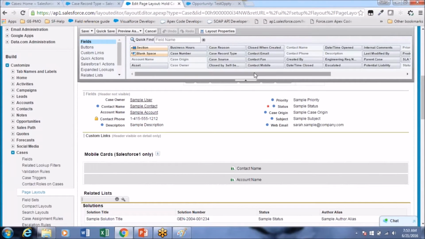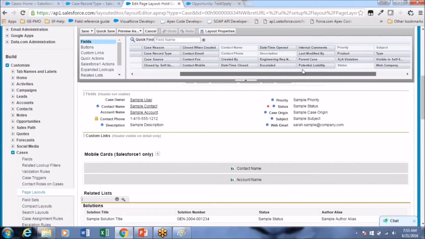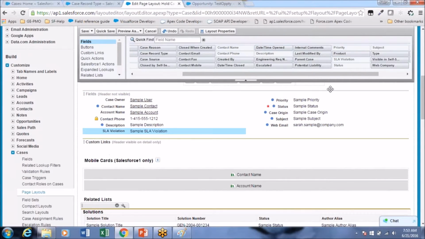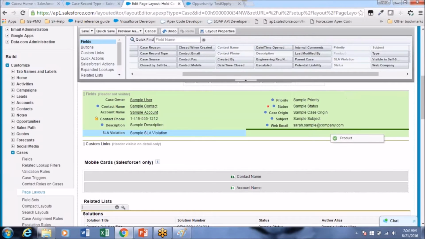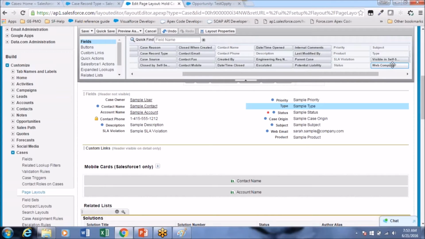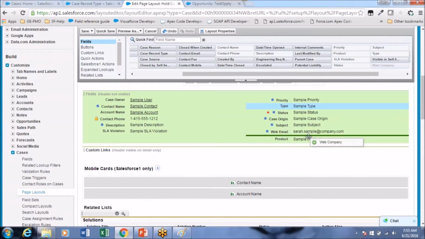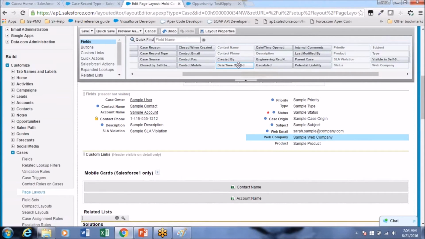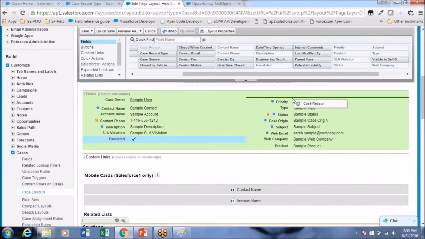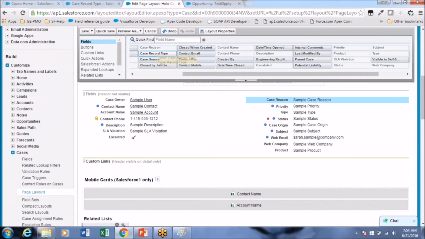Okay, so in addition to this, we need to have some other fields like SLA Violation, Product, Type, Company, Escalated, Case Reason, and Case Record Type.